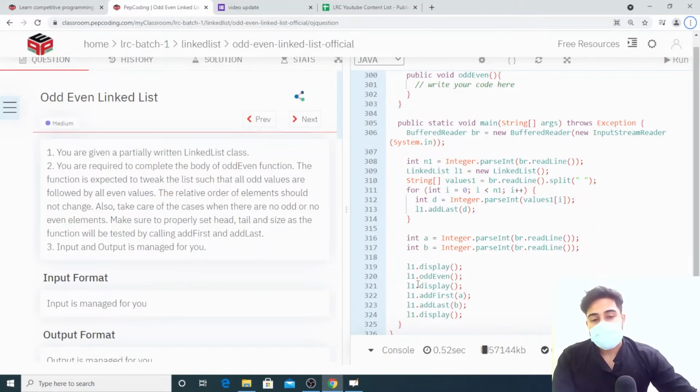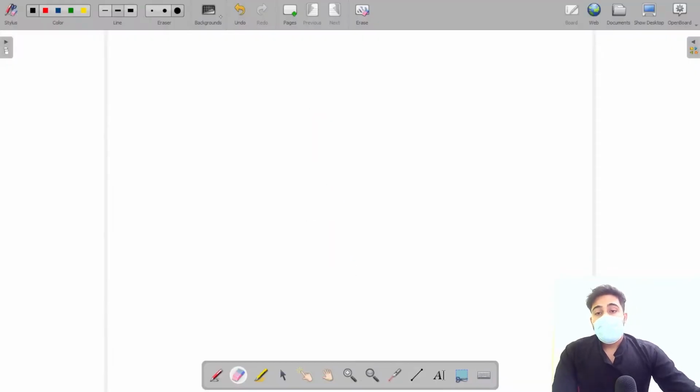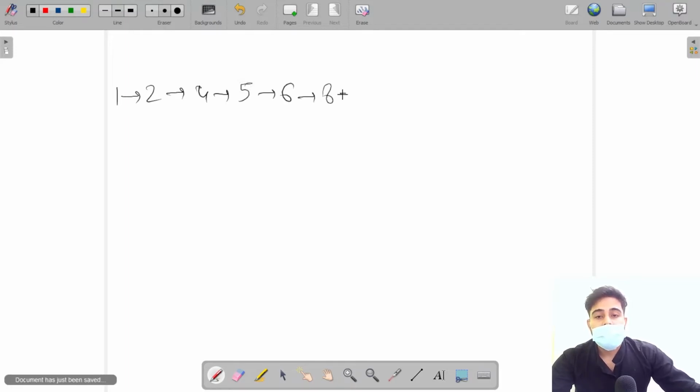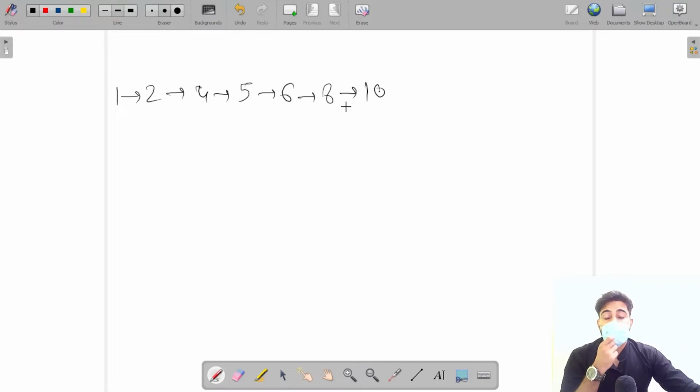Let's try to implement it. So we know here we are provided with a linked list. Let me create it. I am assuming that I'm provided with a linked list like 1, 2, 4, 5, 6, 8, and 10. Okay. So what will be my approach to solve this question is